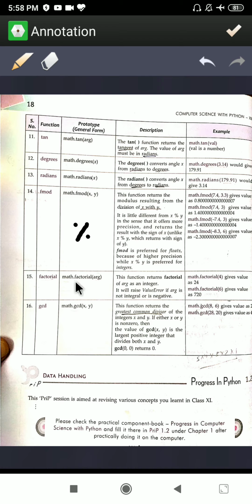If you want to calculate factorial of a given number, then you need to write the value of a particular number here and it will give you the factorial. जैसे कि 4 का factorial is 24. If you want to calculate HCF, also known as GCD, you need to provide these two arguments like 8 and 6. Whatever arguments you provide, you will get the answer.